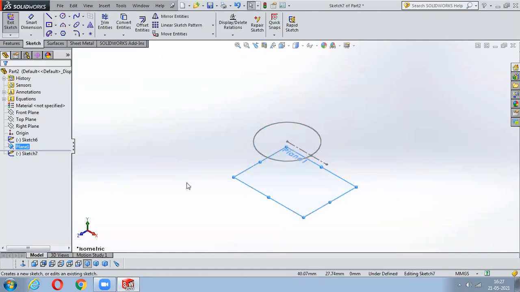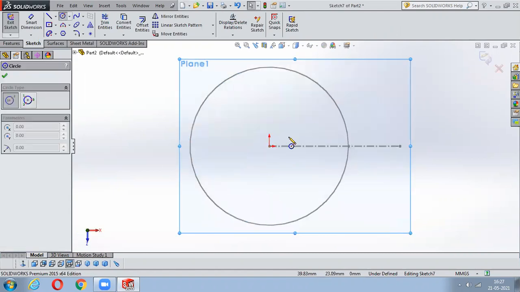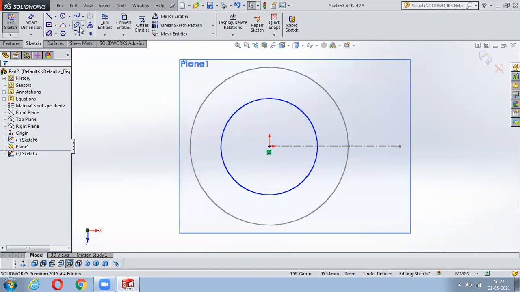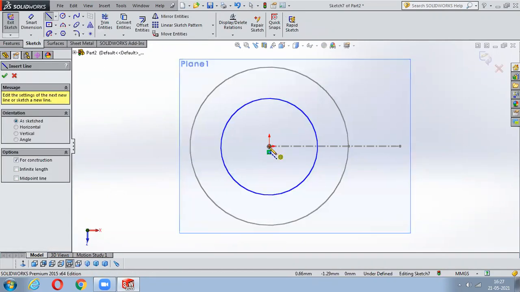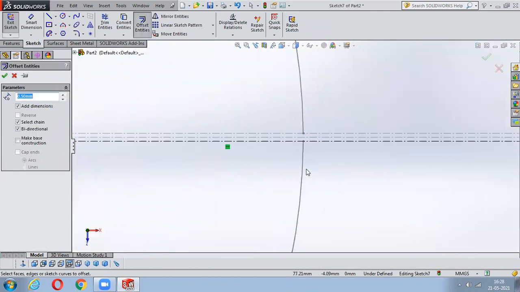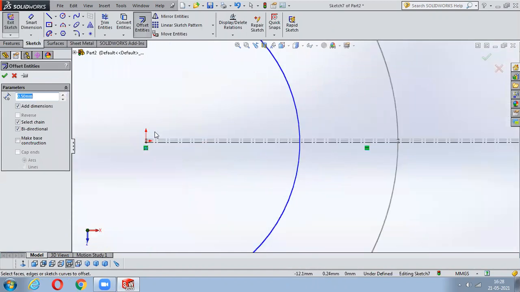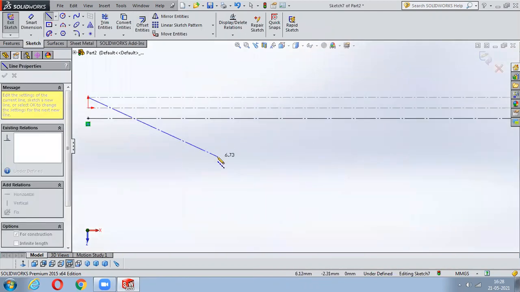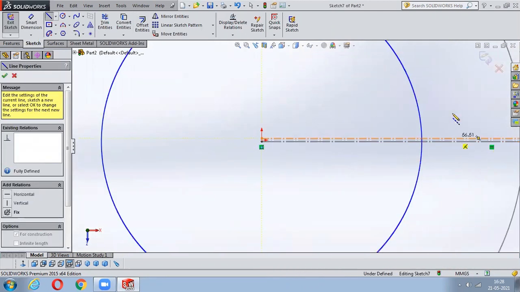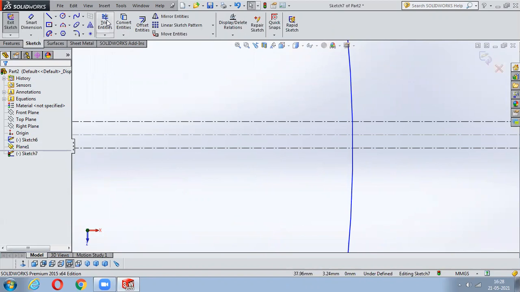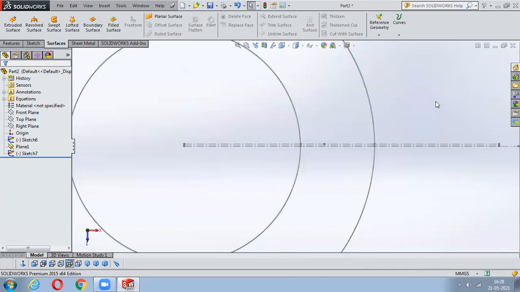Again, I'll go on sketching on this particular plane. The circle what I'll create, I'll create a little bit smaller than this, just to give the shape of that particular hopper. Now I'll create a center line again like this. Now I'll move to this offset. Oh, wait a minute, where has it come actually? Oh, it came on this, no issues. I'll copy the same thing here. Same way, I'll trim this. When I don't want this, I'll trim it off. I'll say okay to this. I'll say exit to this. So now I have 2 circles.